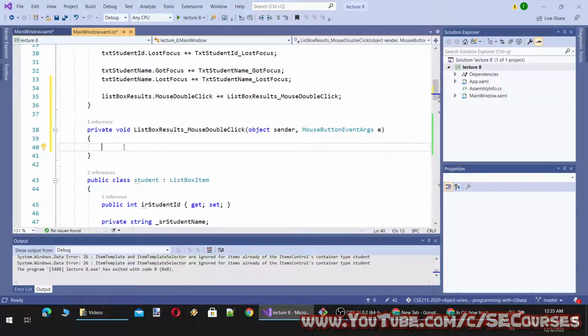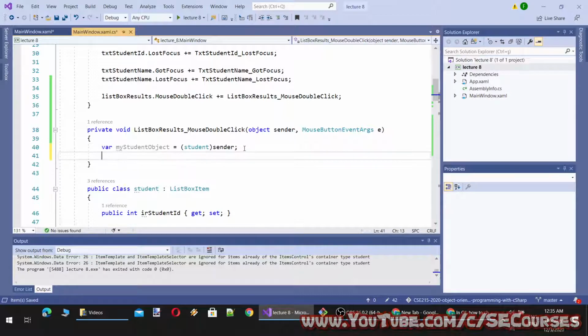Therefore, I'm going to explicitly convert sender to a student class object. Var myStudentObject equal to (Student)sender. So you see, this is explicit conversion, and from this student I will show MessageBox.Show